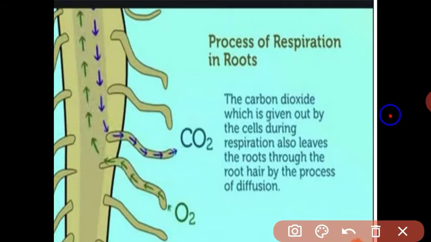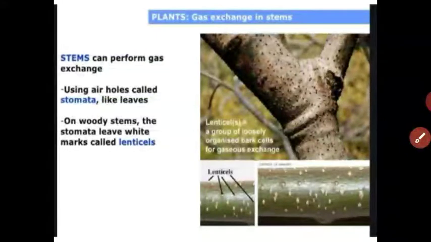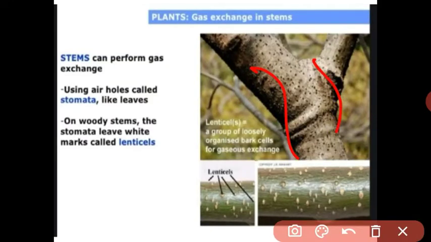Got it, student? Next, the plant also respires through the stem. See, this is the structure of the stem. The stem has small pores, small openings, called lenticels. If the plant is herbaceous, meaning it has a green stem, there are many stomata on the surface. In photosynthesis we studied what stomata are. A stomata is a small opening on the surface of the plant, and with its help the plant exchanges gases.